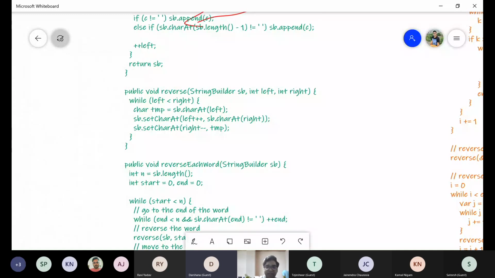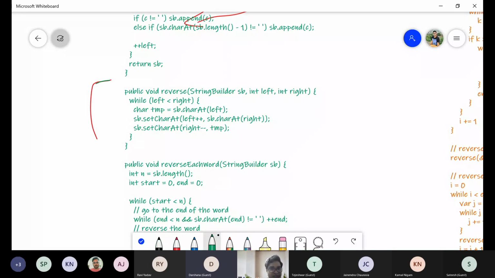So in this logic, we can directly reuse the string reversal. I don't think I need to explain it because everyone is familiar with the normal reversal of a string. We basically took two pointers. One indicates the 0th position, another indicates the last position, and we swap every element, then increase the left, decrease the right, until we meet the midpoint. So we will be able to reverse the string with this logic.